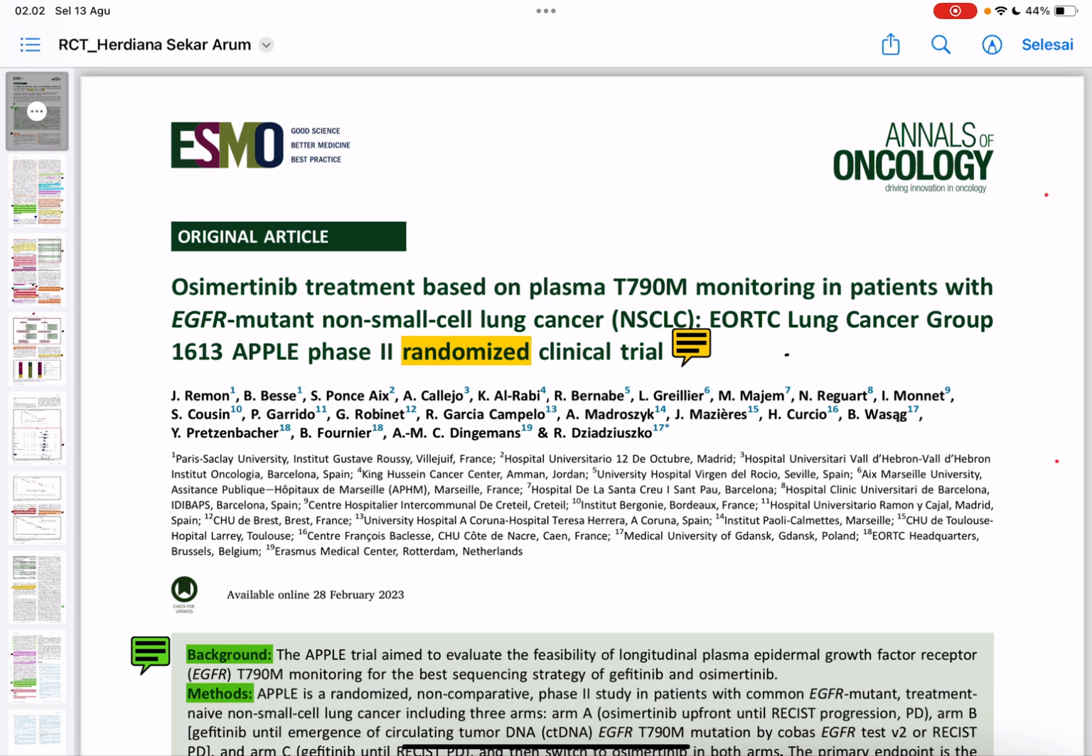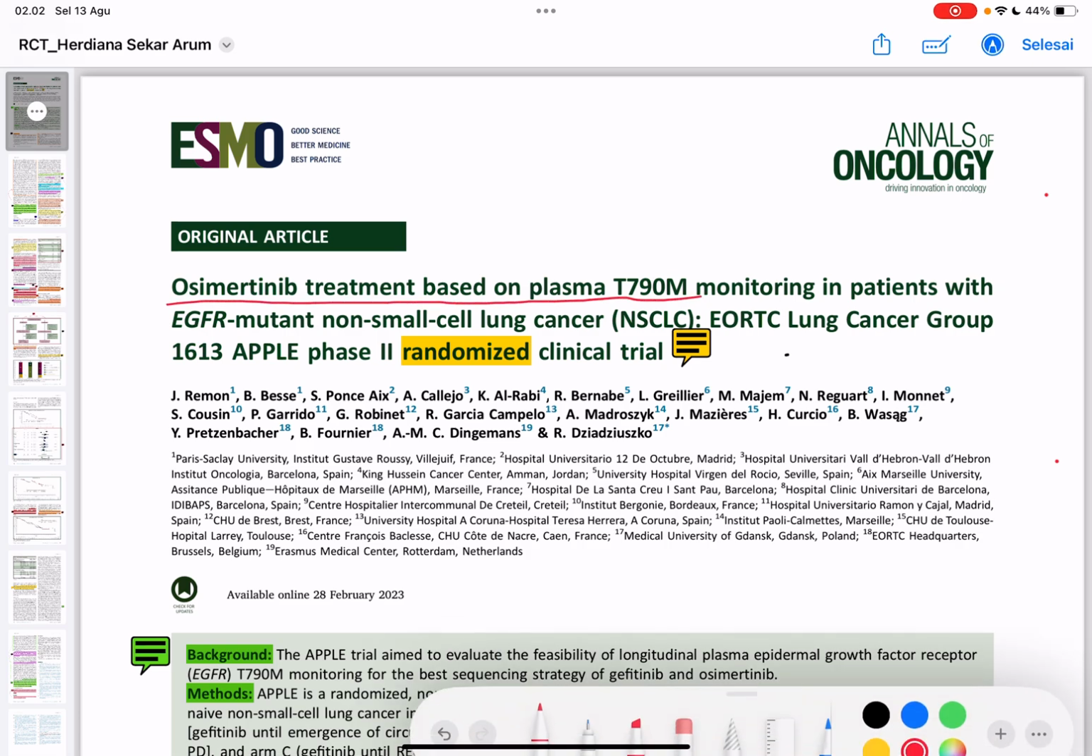My name is Herdiana Skar Arum. I'm a student of the Faculty of Medicine, Sultan Agung University, Semarang, Indonesia. As we may know, the randomized controlled trial, or RCT, is the gold standard study design used to evaluate the safety and effectiveness of healthcare interventions. Today, I'm going to read an RCT article entitled Osimertinib treatment based on plasma